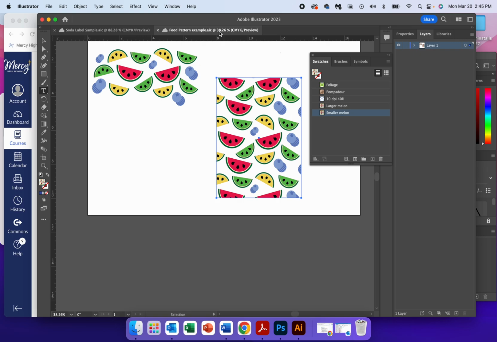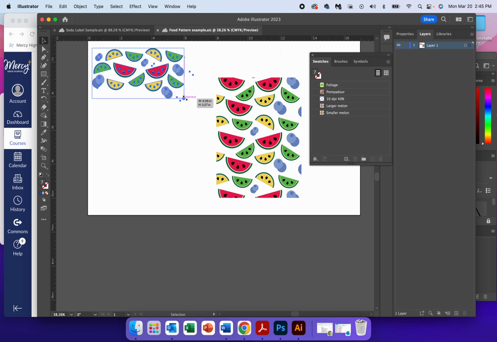You will open up your food pattern one that you've already created, and I would suggest if your pattern was relatively large, you may want to adjust this first. So use your selection tool, select your whole entire pattern that you had. You may want to scale that down a bit to make it a little bit smaller, and then go ahead and create a pattern again from this. That's what I did. I made a smaller kind of pattern for mine, because as long as you have drawn a rectangle and then applied that pattern to the rectangle,